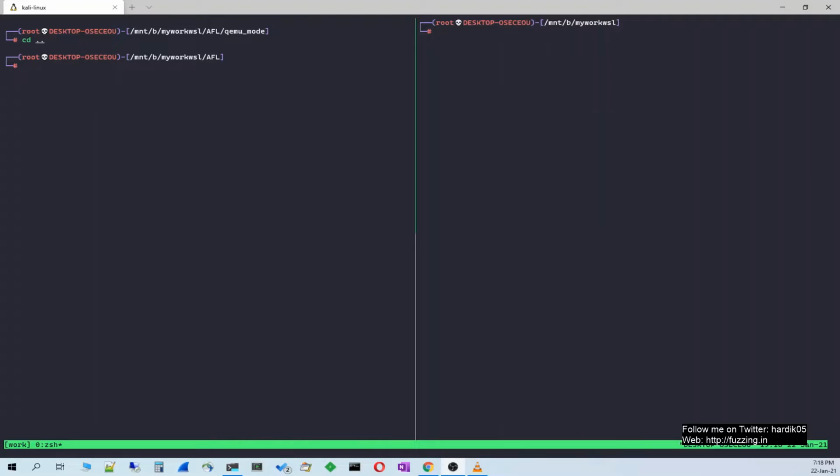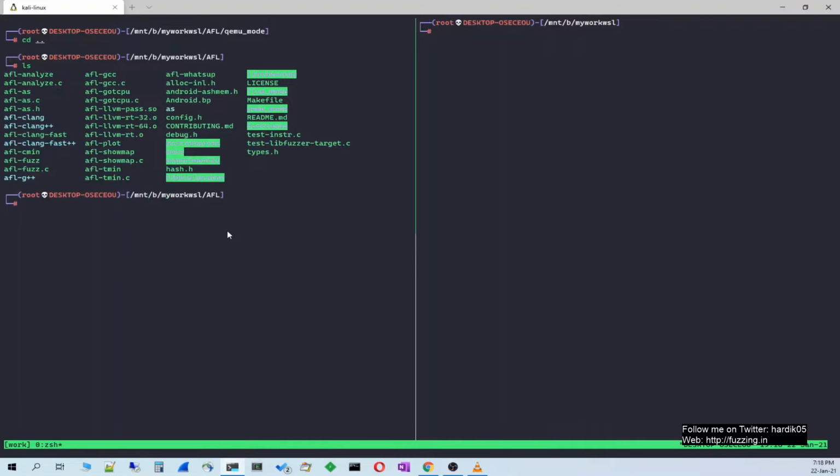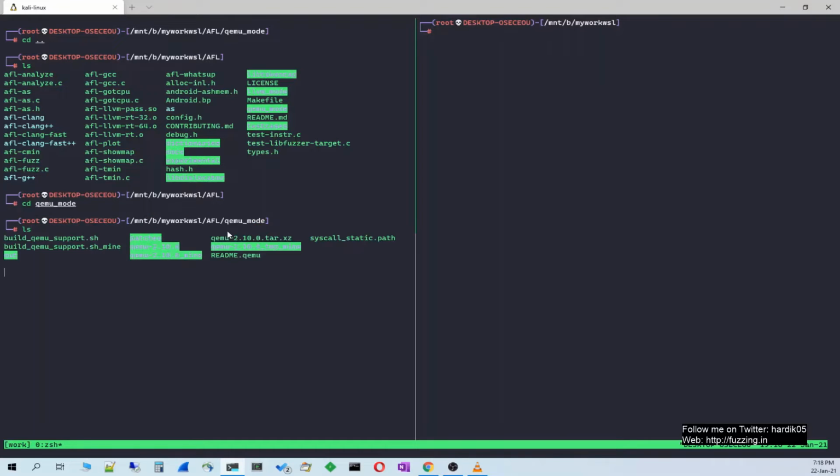Now what we need to do is go to the AFL directory. If you do an ls command over here, you will see that it has a folder named qemu_mode. If you go to that folder, you see it has one build script, that is a shell script, build_qemu_support.sh, and then it has some patches.